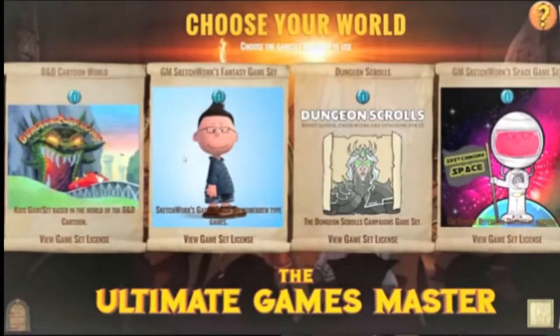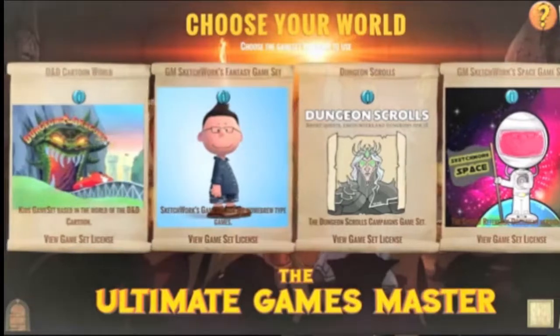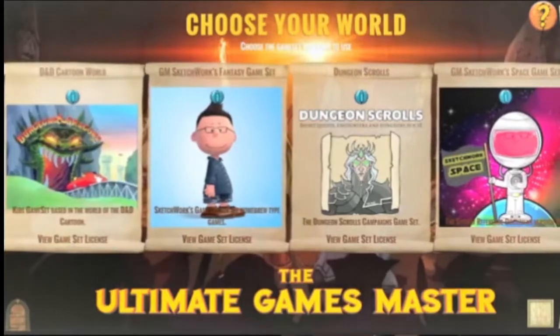Like for instance, that was the one I was telling you about when we were chatting earlier on, the cartoon world that I play with my kids. So that's based in the cartoon world with monsters from there, like Venger and Shadow Demon and all that. They're all in that game set. The Sketchwork fantasy game set is the one I play with my table at the moment. So if we go in there,